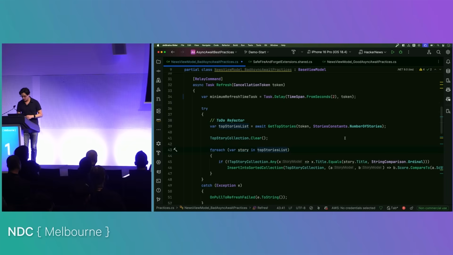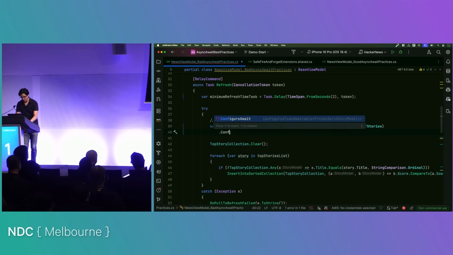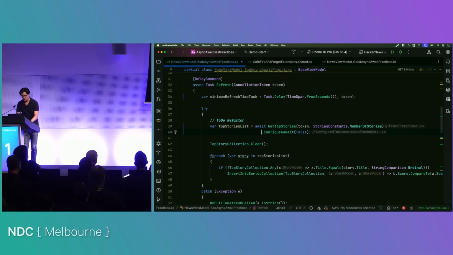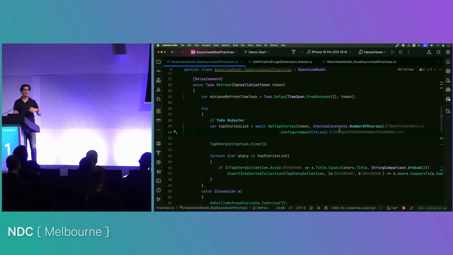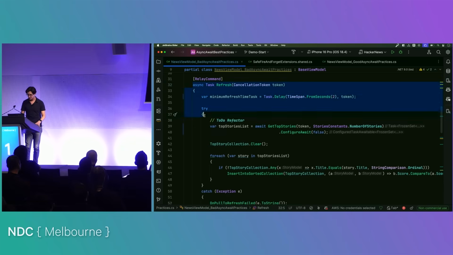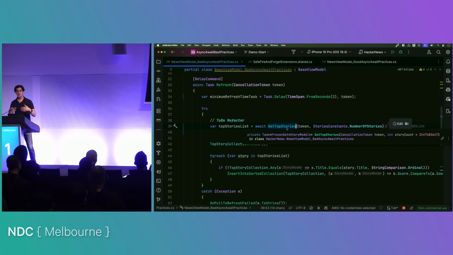So what we can do to improve this code right here is tack on configure await false. So configure await false is an extension method on task where we can tell .NET, hey, I don't care about returning to the calling thread. Now, there will still be a thread switch when it's done, but now if thread 1 kicks off this task, kicks off this method, I should say, comes in here and hits the await keyword, thread 1 will return,